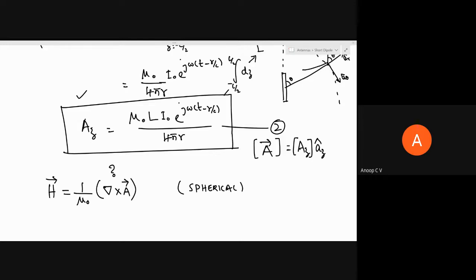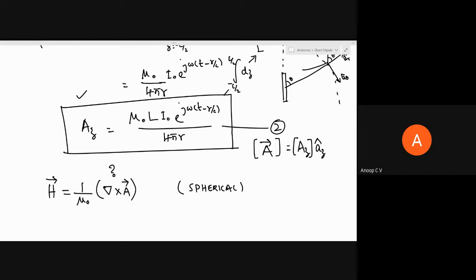And yesterday, many of you had doubt in how that scalar potential expression we got as 1 by 4 pi epsilon naught, q by s1 minus q by s2. Many had doubt. When I was taking class for A section, one of the students asked, so I have explained it. I posted that video on YouTube, just now before the class. You can watch how it came, I have explained it in depth. But here, any doubts?